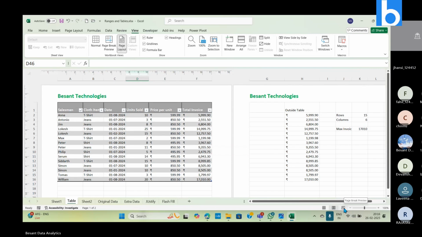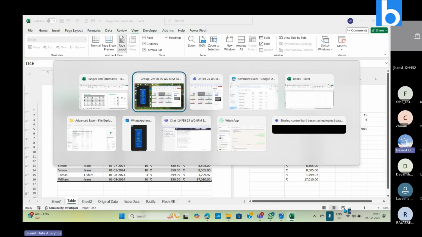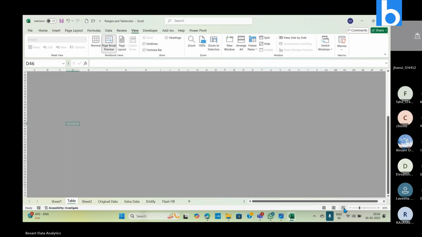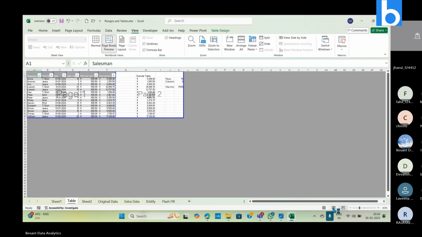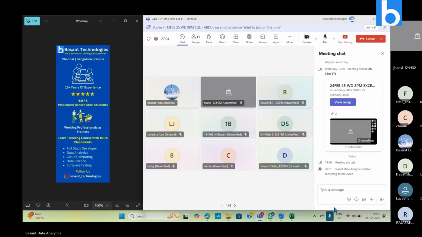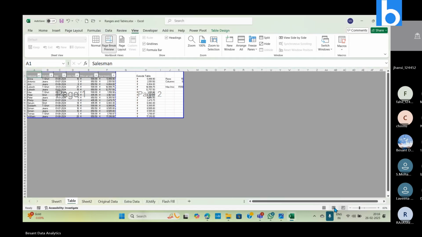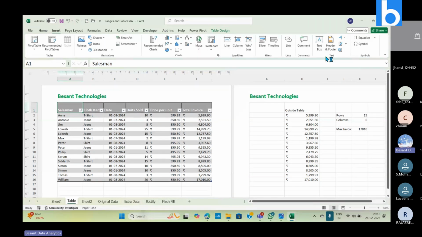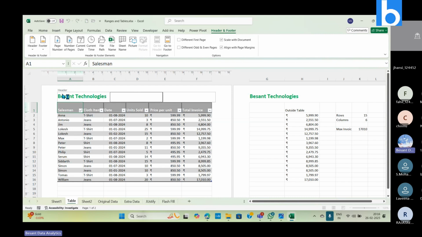If I move on to the third one, which is a page break preview. Ma'am, how could you add a page number? I'll go to insert. There's an area called header and footer. Header, I can very well add it over here. And footer, when I go down,